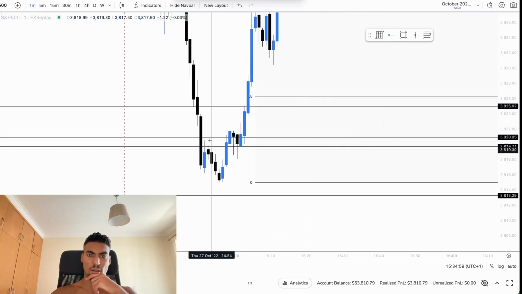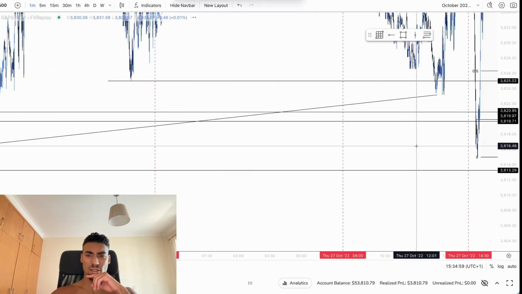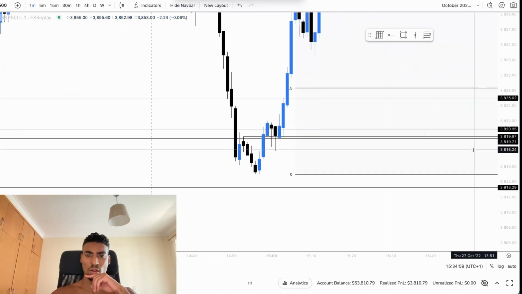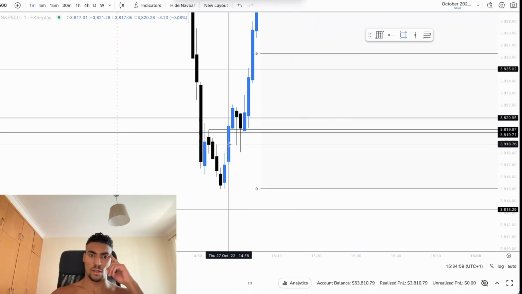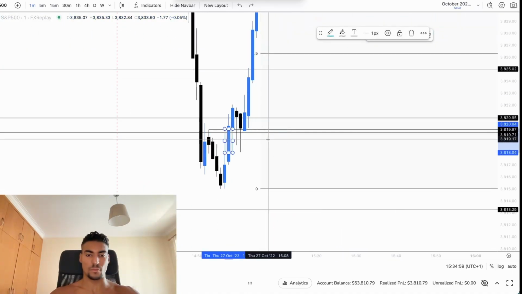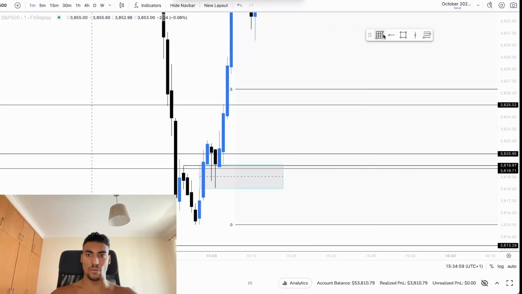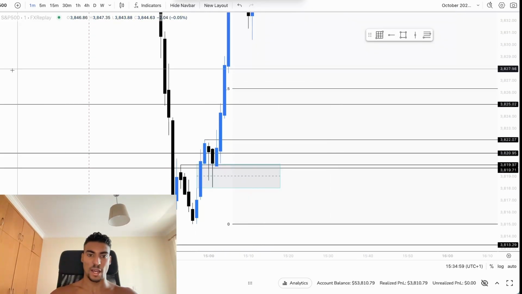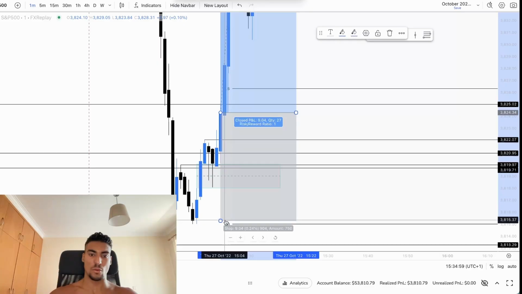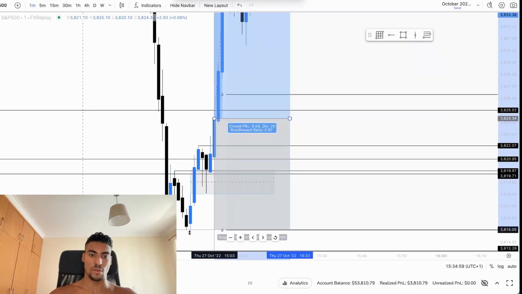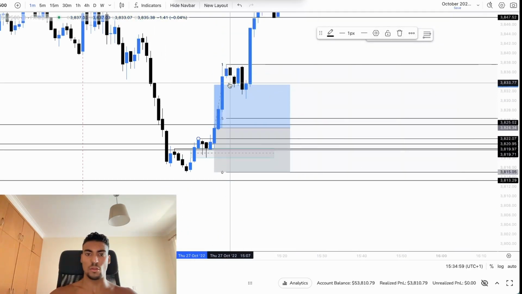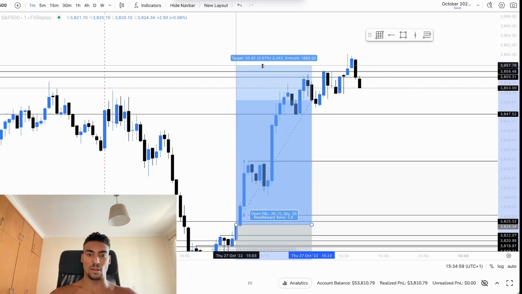But basically, we got a breakup structure right here. This is also the leading index, which was what I was aiming for. We got a breakup structure right here. Then we got a retracement into 1 minute fair value gap, boom. And this is super beautiful because we got a breakup structure again right here on this candle. Enter, boom, stop loss. You can put it below these lows, you can put it below this fair value gap. I would honestly put it below these lows. And then targets, we have all these highs right here, boom.